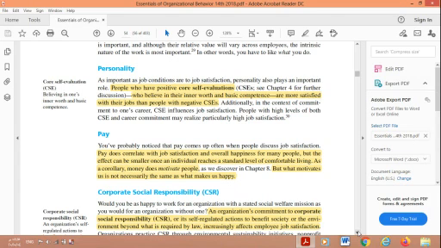Okay. Another cause of job satisfaction is the pay. It says here that pay correlates with job satisfaction and overall happiness for many people, but the effect can be smaller once an individual reaches a standard level of comfortable living. صحيح أن الـ payment أو الـ compensation تلعب دورا مهما في أن الشخص يشعر بالسعادة